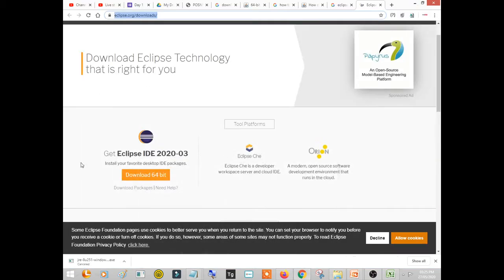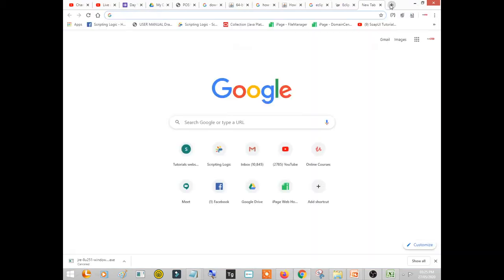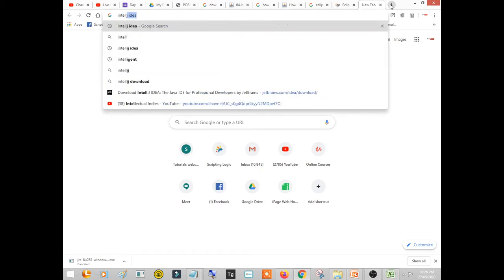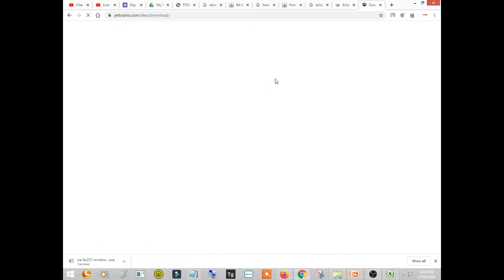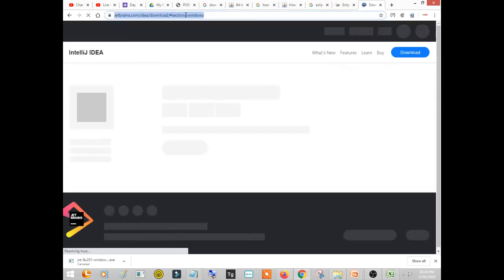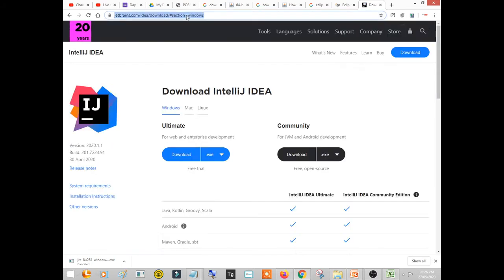So I'll also show you where IntelliJ IDEA is. IntelliJ IDEA. Okay, so you can go to the download of it, and you can download the community edition of it, right?